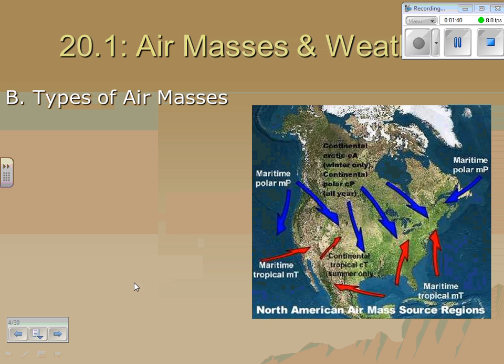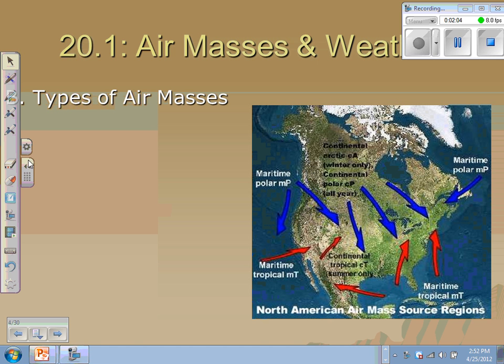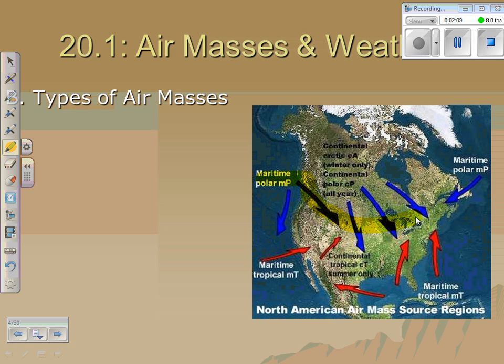Number one, we're going to look at maritime polar. Maritime polar, as it implies, maritime coming from the sea. This is where a lot of our weather comes from in the United States, off the west coast, through what we call the Washington, Oregon corridor out of Seattle. It gets picked up by the jet stream and is carried across Wisconsin and then out through upstate New York. Maritime polar. Continental Arctic, especially in our winters.